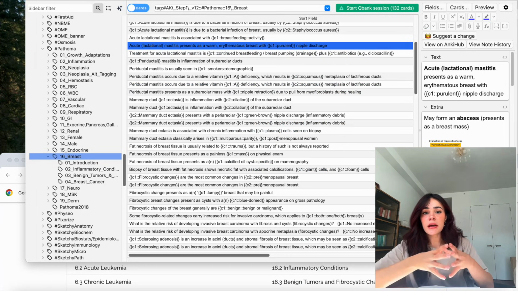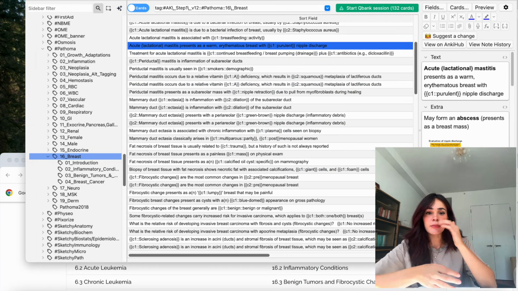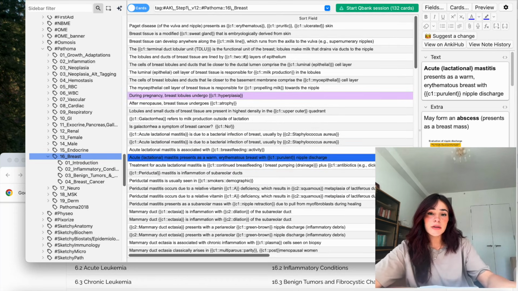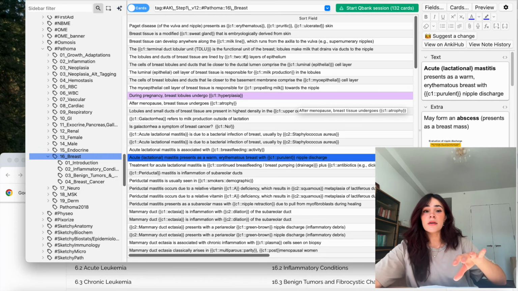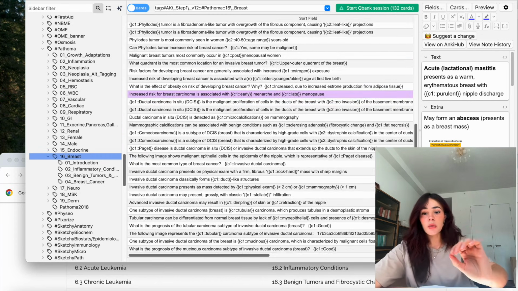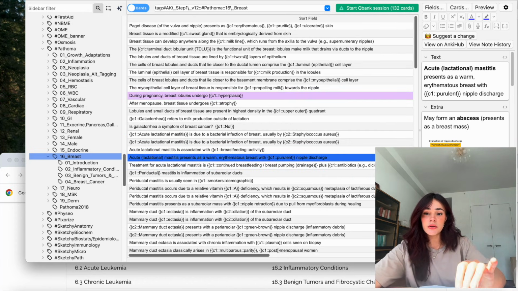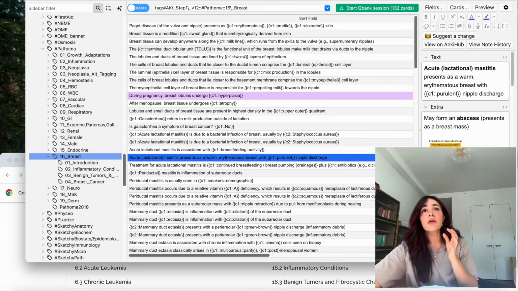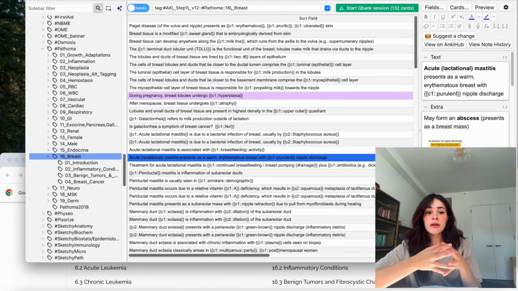What can happen, sorry, if the screen changed, I had to pause it. So what can happen if you do questions based on too narrow of a scope? So let's say I only do practice questions based on these couple cards on breast pathology, which, by the way, this little button up here is an Amboss add-on where Amboss will pull questions based only on the cards that you have told it to. So I don't want to see questions on ovary, so I'm just going to do questions based on this breast pathology. That can be good if you're having a hard time really integrating the topics, but I like to wait